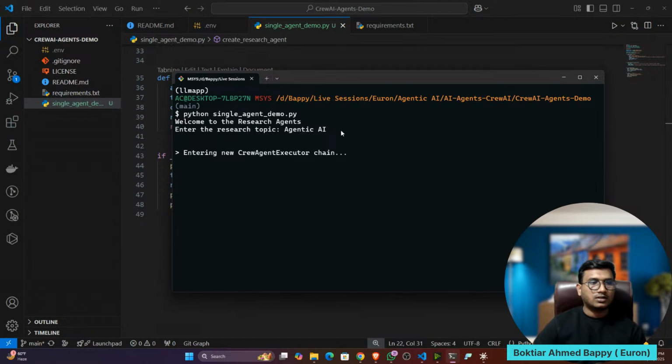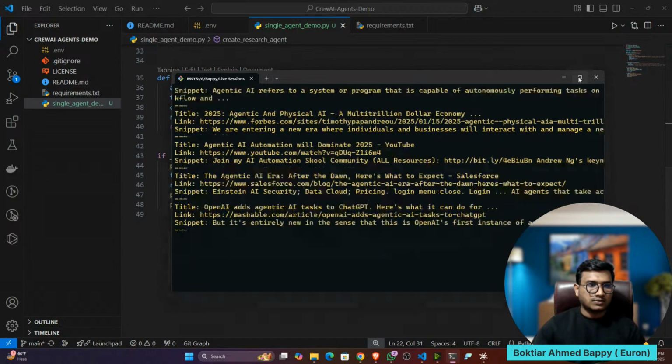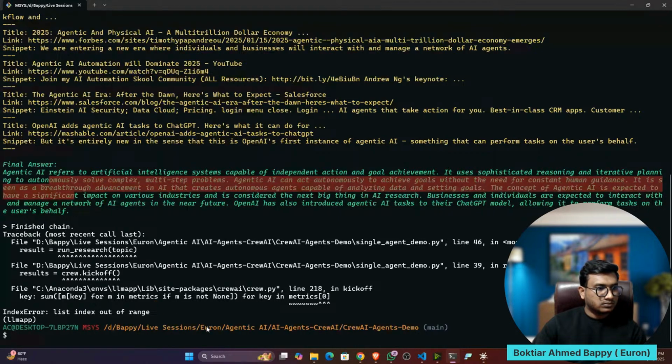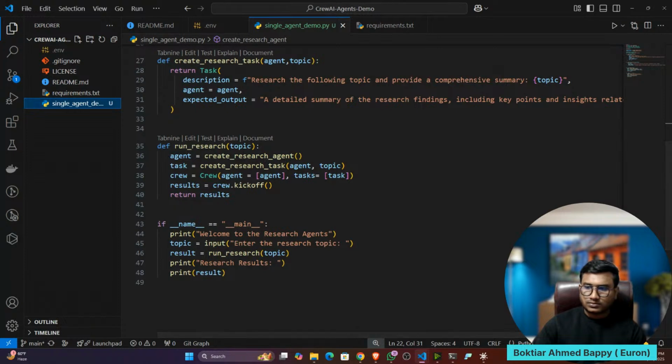Okay, now if I hit enter, now see your agent is running and it is referring to different websites. Okay, there is an error, index out of range. Okay, I got one error. Let me check the error, guys.